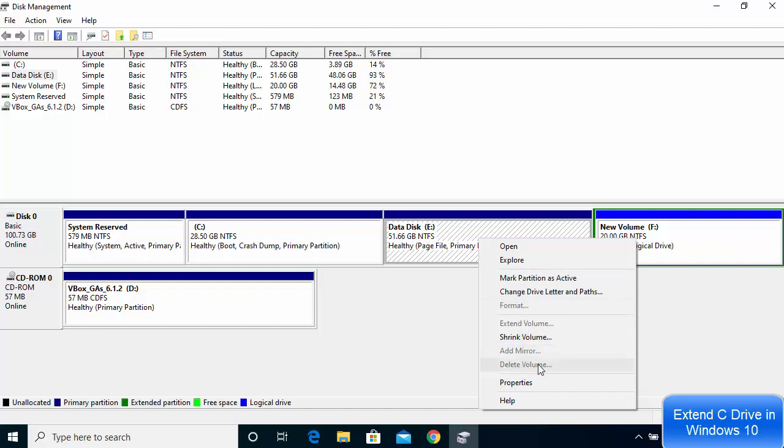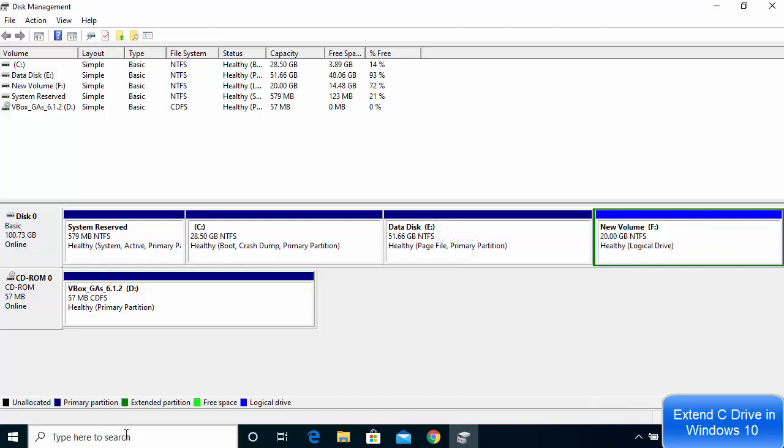But as you can see, in my case, this delete volume option and the format option is grayed or disabled, so I cannot delete this volume by default or format this volume. So if in your case this delete volume is enabled, then you just need to delete your volume. Otherwise, if this option is grayed out and it's not enabled, then what you need to do is you just